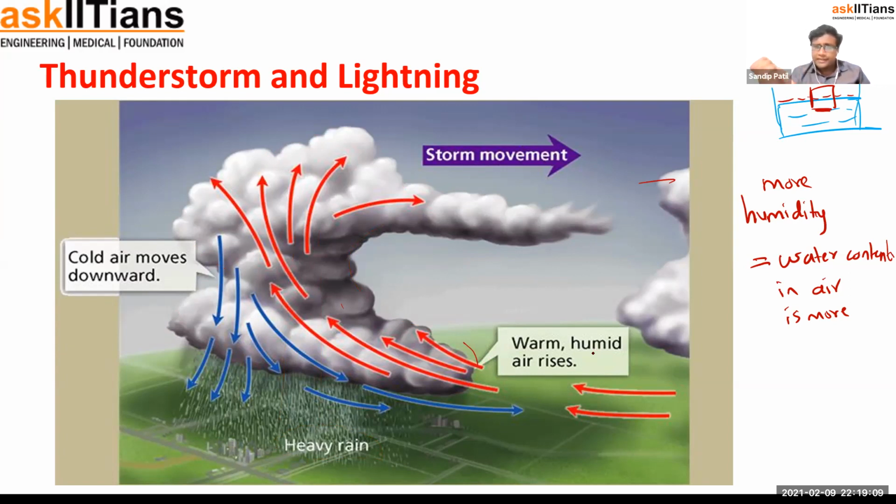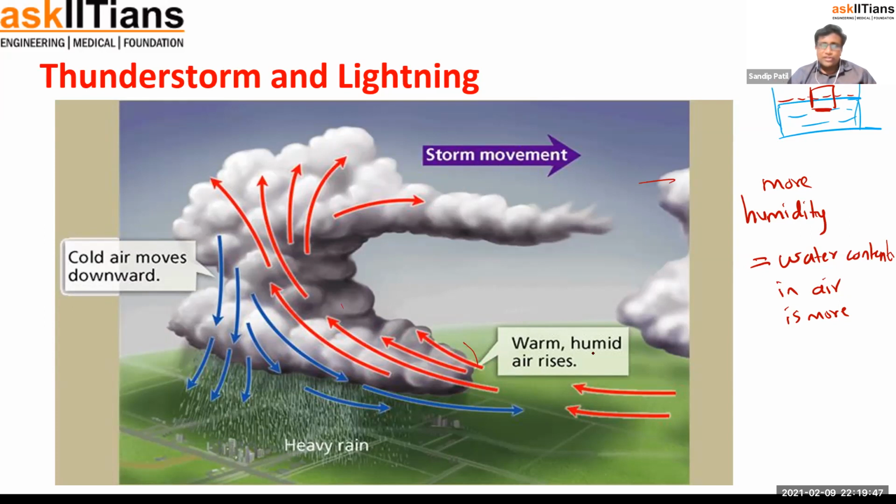So these water particles are getting rubbed with the air particles, and because of that there is a lot of friction and a lot of heat is generated, and that heat generated we can call lightning, right? Also we can relate this to our electrostatics: the potential between earth or ground and the potential at the clouds has a difference, therefore current flows. Also we can say that part. Okay. So therefore lightning occurs, and lightning hits the earth.